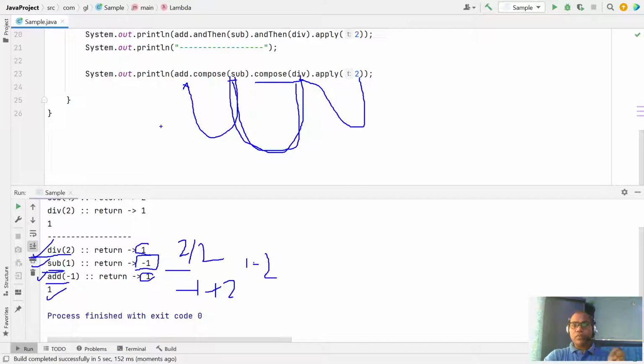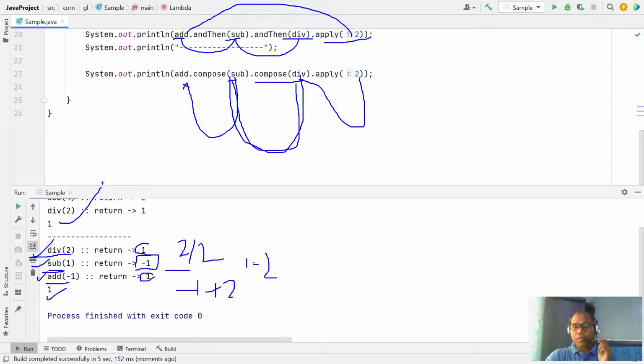So the major difference between these two is the execution flow. Here your input first goes to your add function, and whatever the add function returns as output goes as input to the second sub function, and whatever the output of sub function is passed to the division function, and the final output is your division.